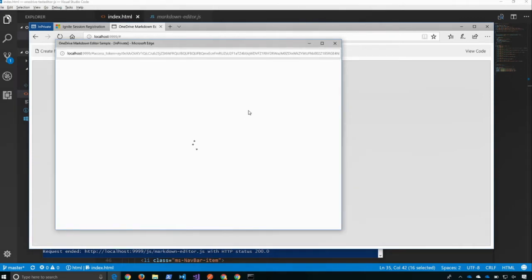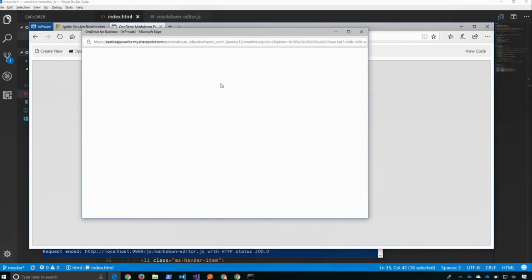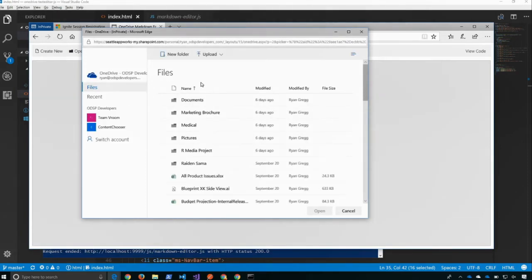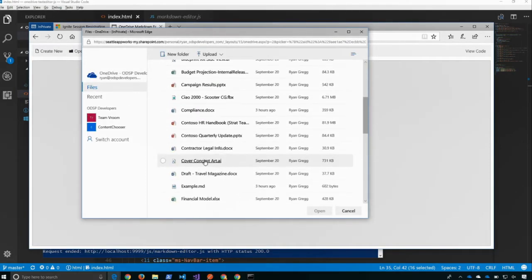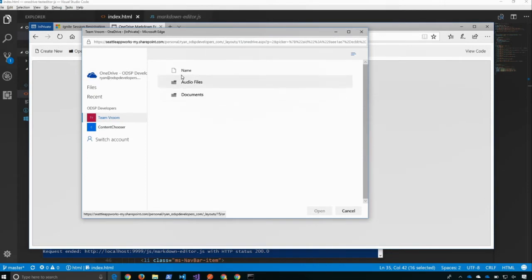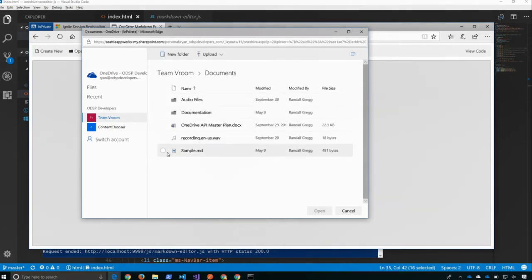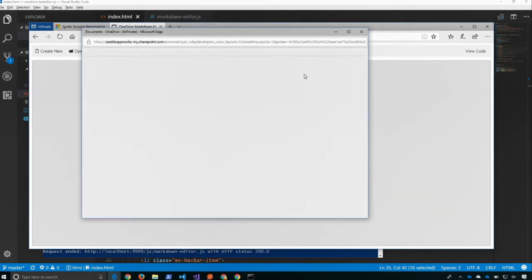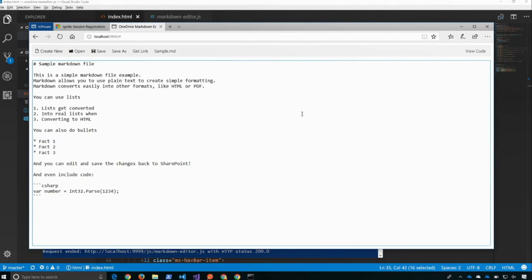And you'll see now that the OneDrive UI is going to load and allow me to browse to all of the files. And so this is the contents of my OneDrive account. You can see all the files I have access to here. But you can also see my groups and my team sites that are available over here. So I'm going to click on Team Vroom. And here are the different document libraries that are existing inside this team site. I'm going to click on Documents. And then I'm going to go ahead and click on this sample file. And this now just downloaded the contents of that file into my JavaScript app, and I rendered it in a